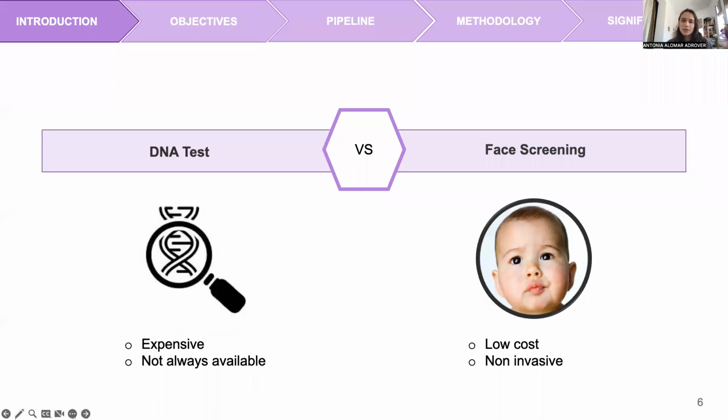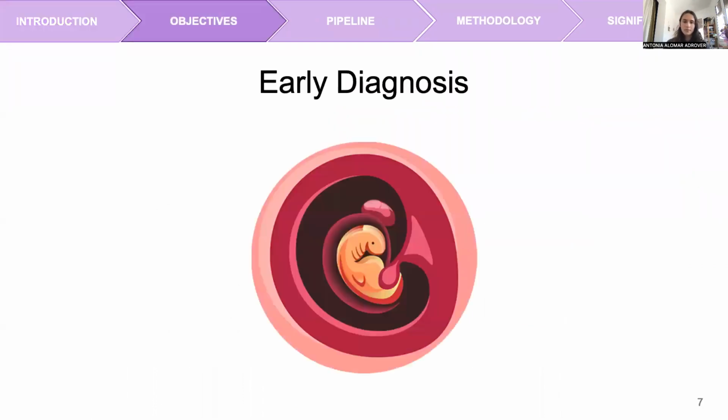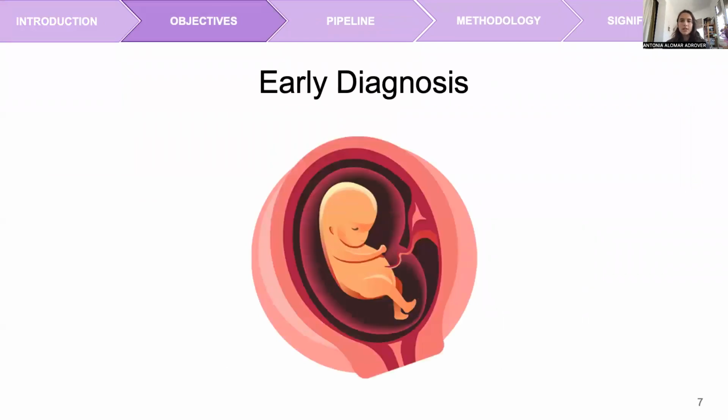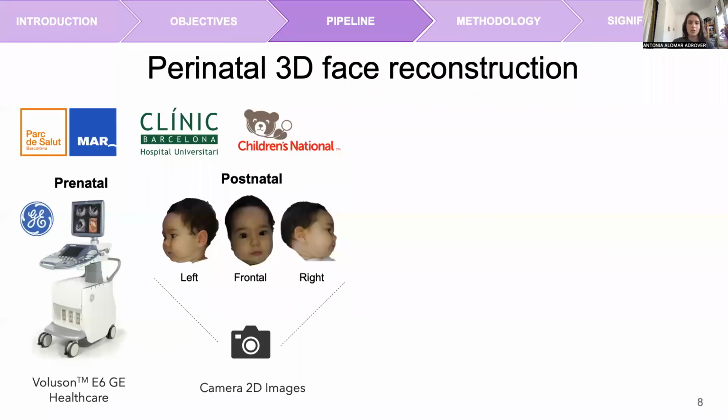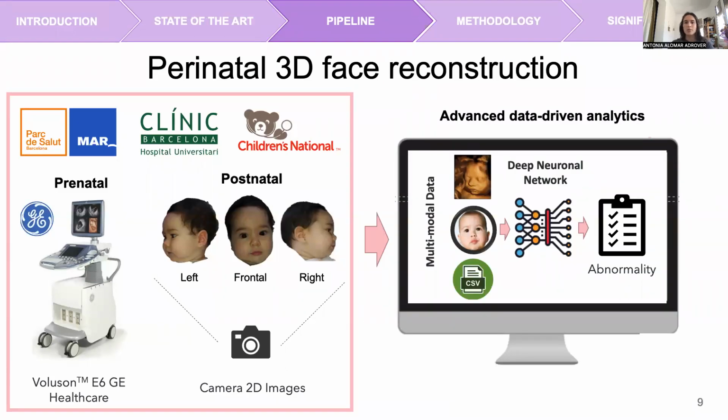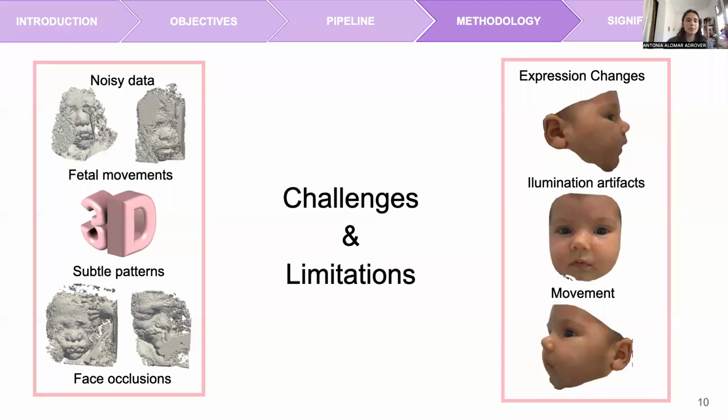Well, that would be actually really expensive and not useful at all, as still a lot of syndromes have an unknown cause. So our aim is to help clinicians in the detection of abnormal faces with an underlying condition in early stages of life. We propose performing a face-based genetic screening using 3D ultrasound and 2D images. The idea is to develop a multimodal neural network that reconstructs the 3D facial morphology and analyzes whether or not an abnormality exists. This analysis presents several challenges and limitations, such as data availability and quality, because we cannot control either the movements or the expression of the babies,